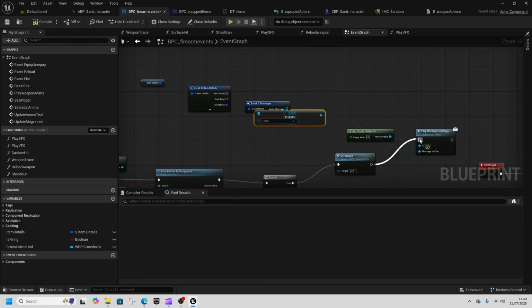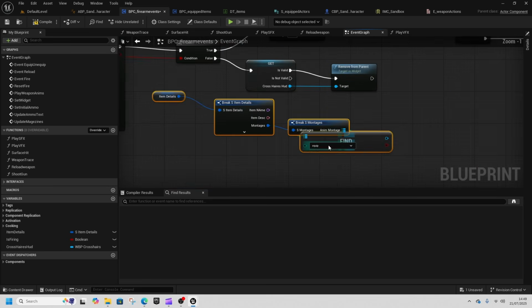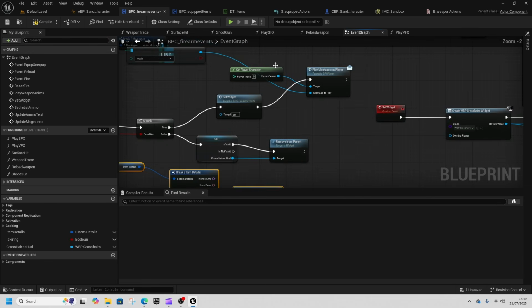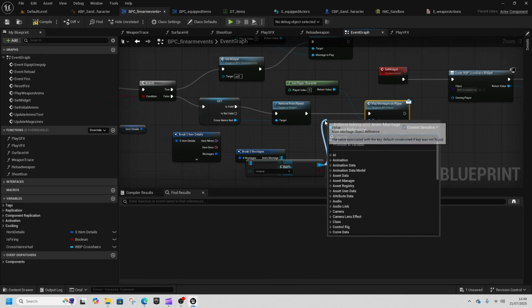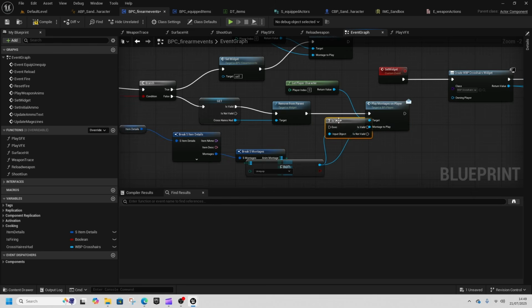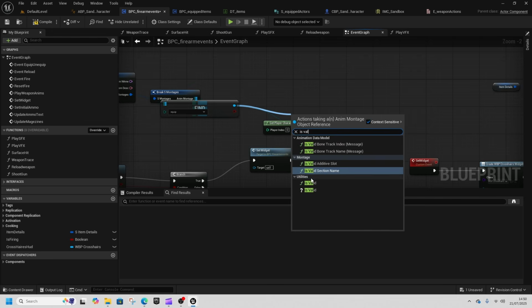We can plug that into here, and we can copy this and find the unequip and play montages on player. Pass that into here, and we just want to make sure that on both of these that they are valid. So if this is valid, and then if this is valid,